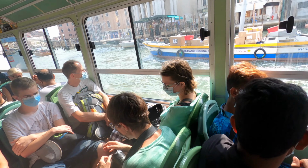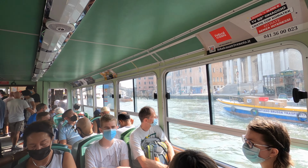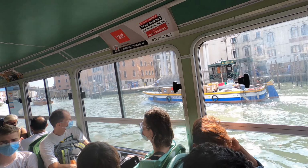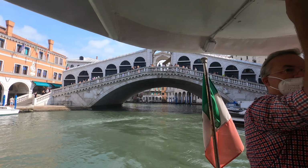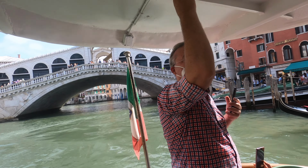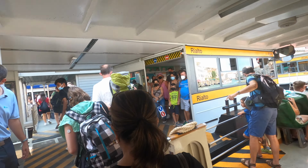So in actual fact, the Vaporettos or water taxis are a cheaper way of enjoying the sights of the canals of Venice instead of paying a hefty price for a ride on a gondola, which can cost €80 to €100 for a 45-minute trip. We decided to hop off the Vaporetto to explore the Rialto Bridge since it was a